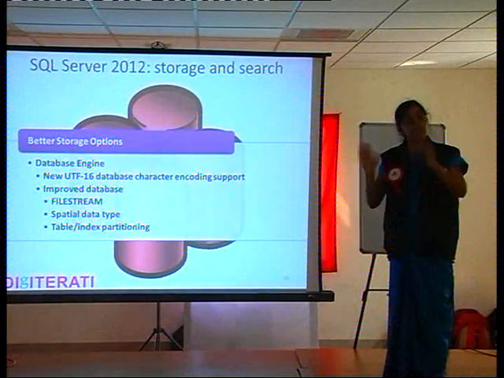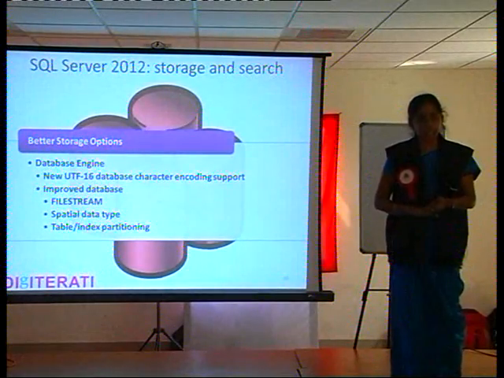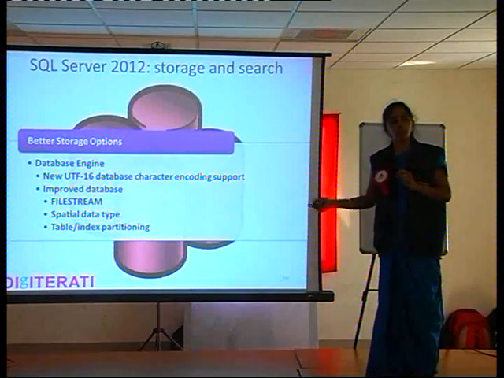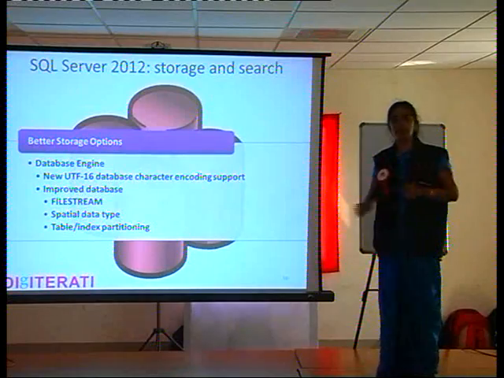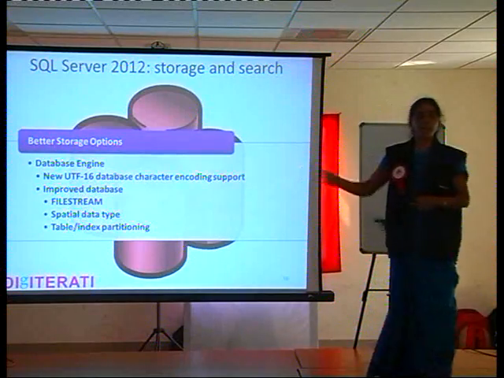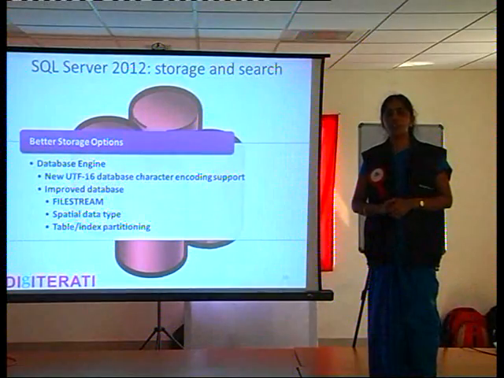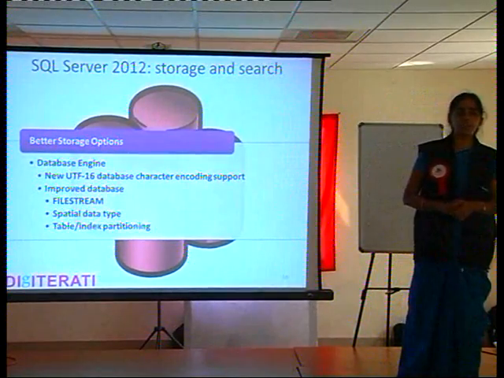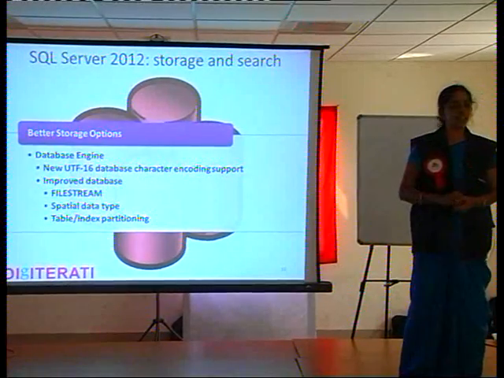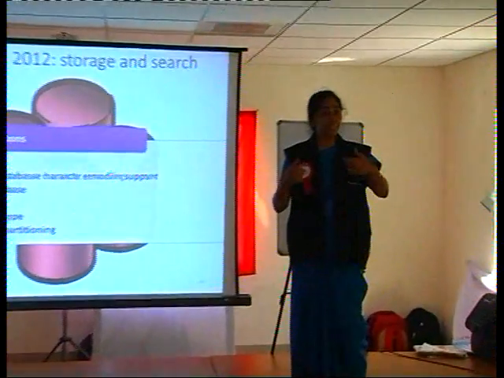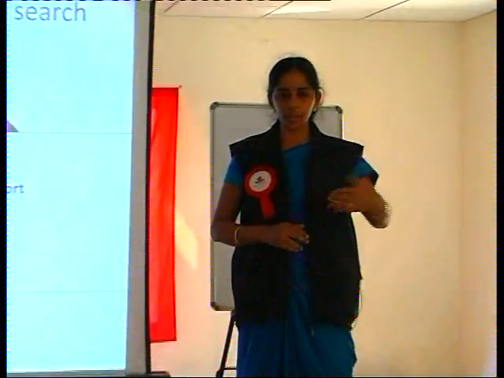File stream was introduced with 2008, but Microsoft has introduced something called file table with SQL Server 2012, which gives us additional functionality on top of file stream. We have spatial data type. Microsoft ventured into spatial data type also with SQL Server 2008, which gives us the support to use geography, geometry, hierarchy ID data types. This was basically designed for the research purposes of